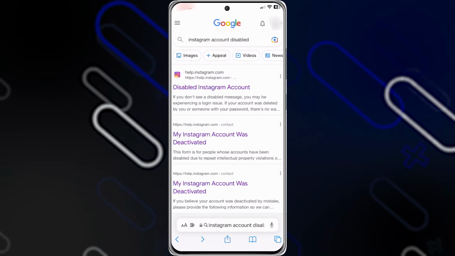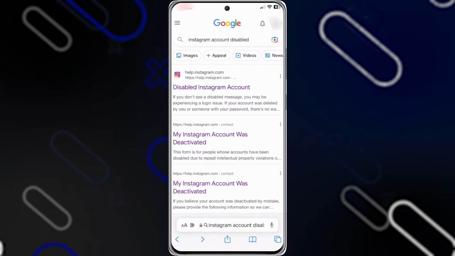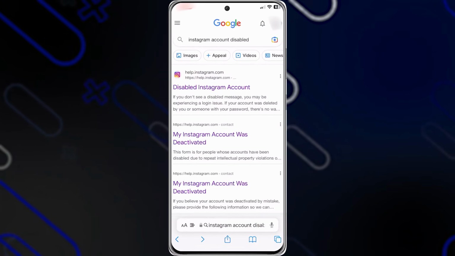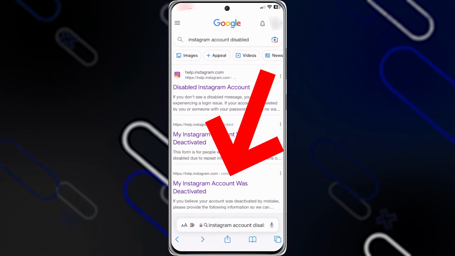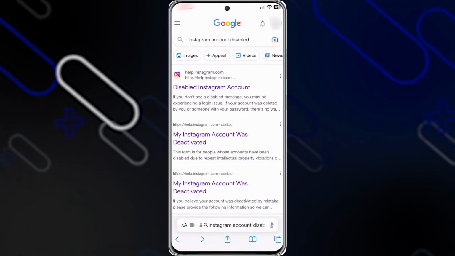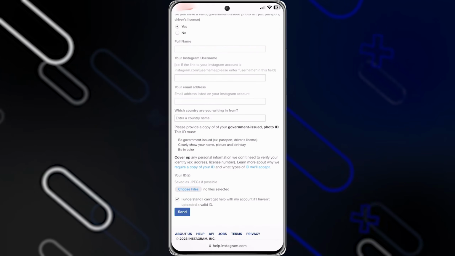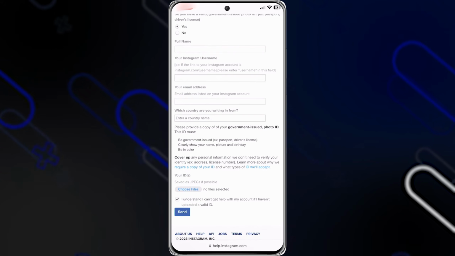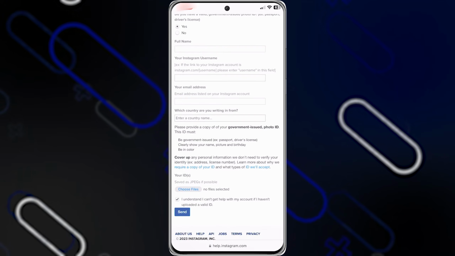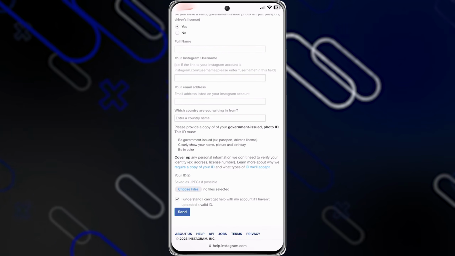The second method is to simply go and open your browser also. Then search here for Instagram account disabled and click on the third option right here, or the second one, my Instagram account was deactivated. It will jump you directly to this page. Now you'll have to enter all these details, including the full name, the Instagram username, your email address, country, and